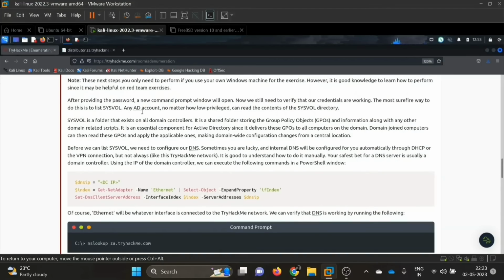After providing the password, a new command prompt will open, and we still need to verify that our credentials are working. The most surefire way to do this is to list SYSVOL. Any AD account, no matter how low privilege, can read the contents of this SYSVOL directory. So what is SYSVOL? It is a folder that exists on all DCs, and it is a shared folder storing the GPOs, which stands for Group Policy Objects,